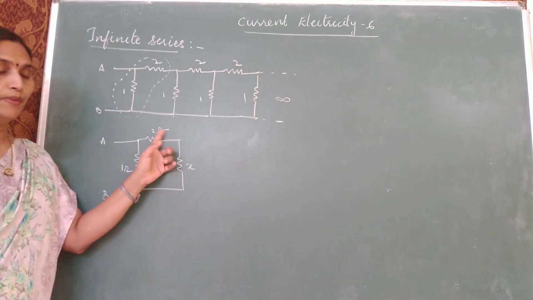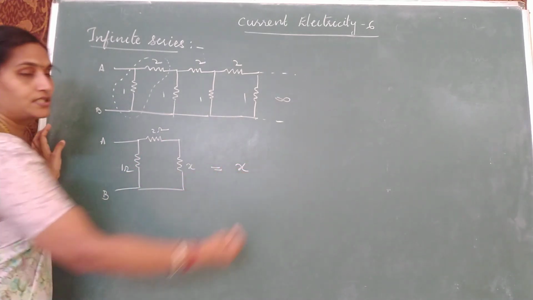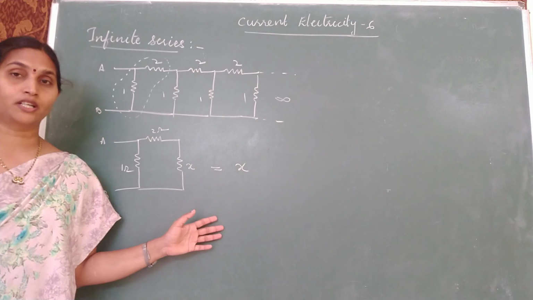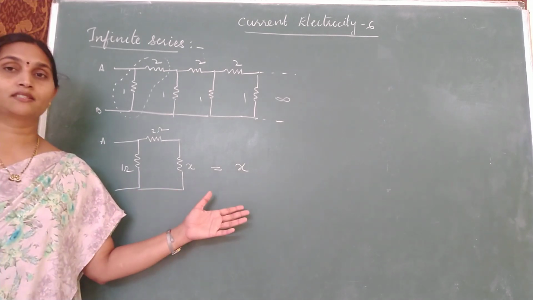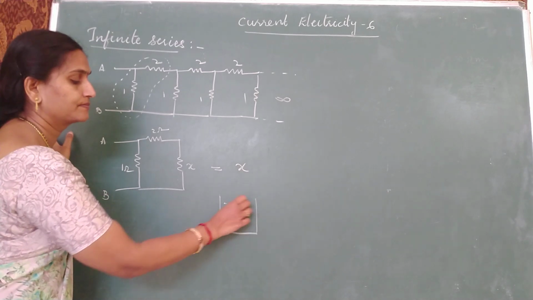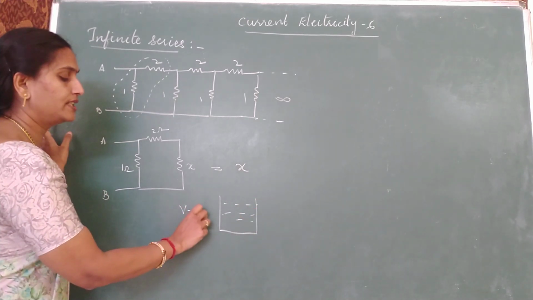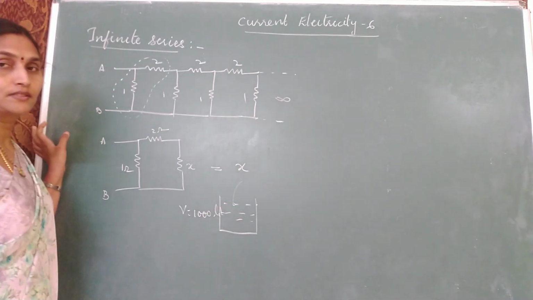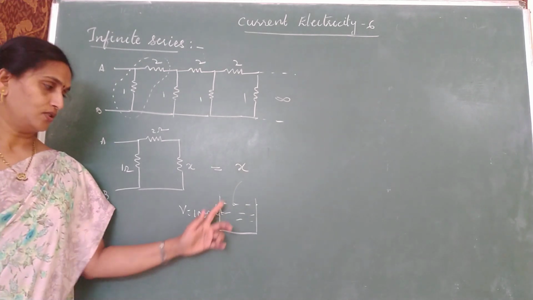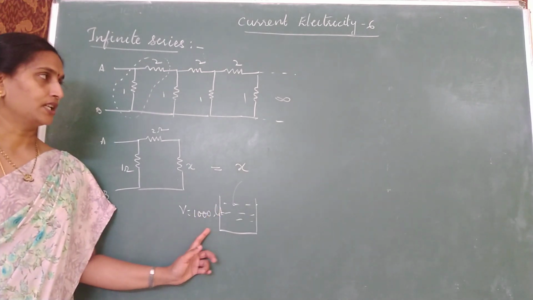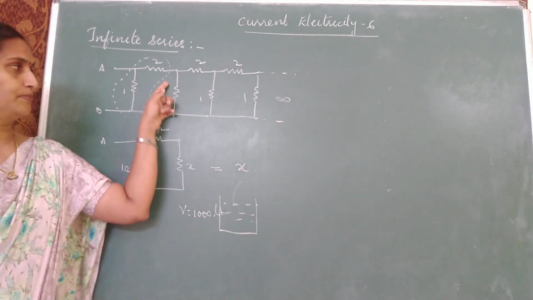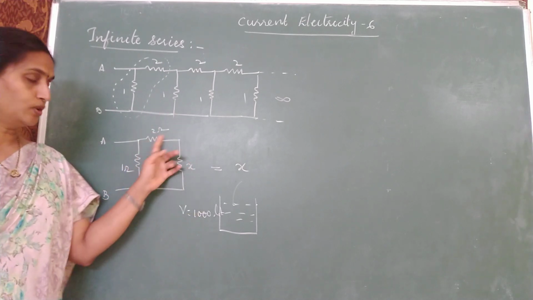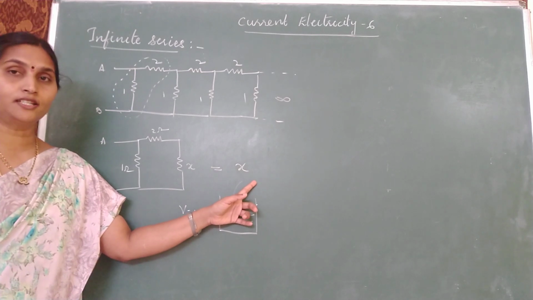Even if you add one more branch, the answer should remain the same. How is the answer remaining the same? I gave you an example. You have an ocean of water, or a big tank of water whose volume is 1000 liters. If you add one more drop, does the volume change? Obviously no. So the same rule we are applying. If you add all these droplets, that means all these repeating branches, let the answer be X. Adding one more branch will not affect your equivalent resistance.